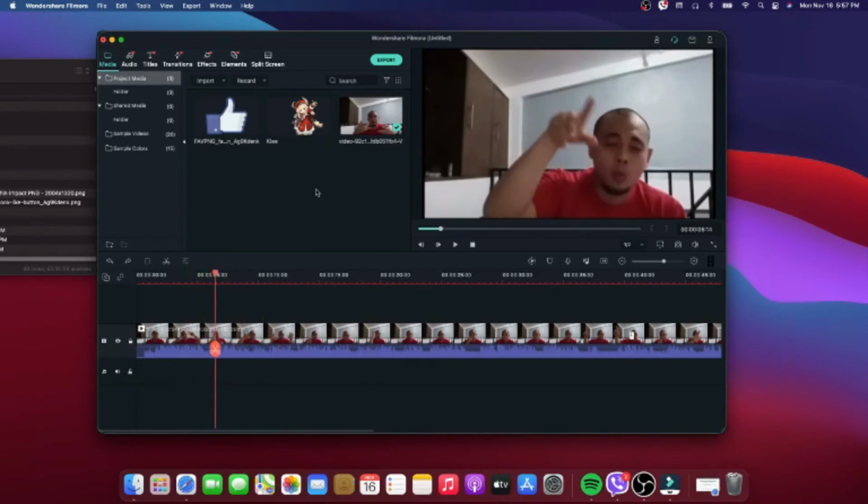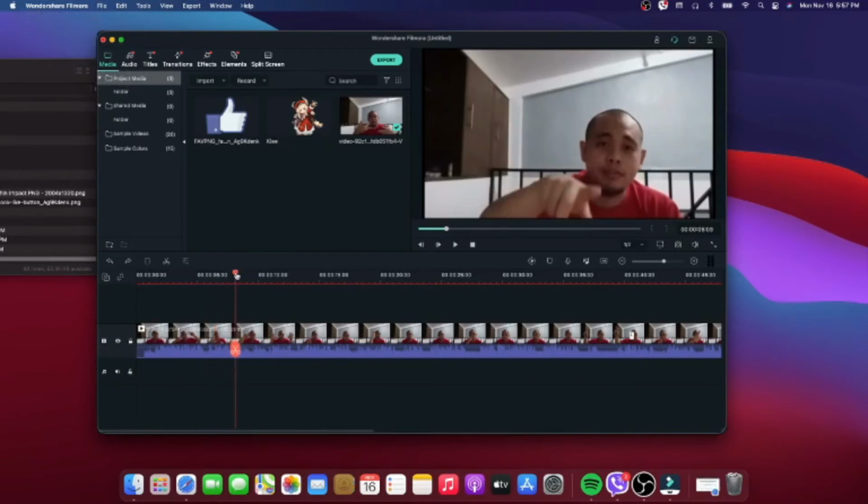I think it will be in tools, and you will have your keyboard shortcuts there. But by default, you can just check the default settings for cut and split. And then